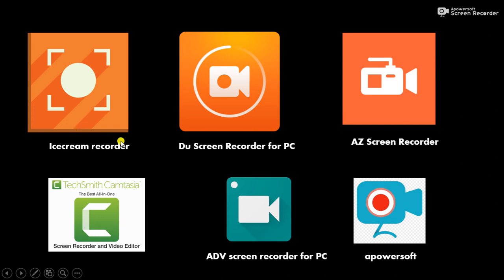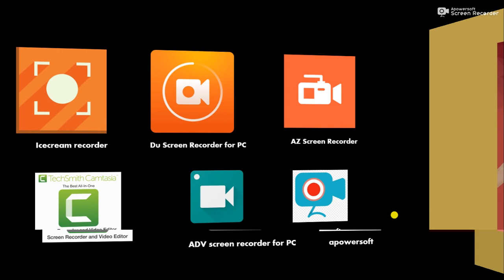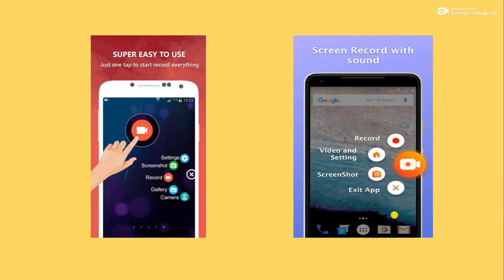Like we have Ice Cream free screen recorder, we have Do screen recorder for PC, we have AZ screen recorder, we have Camtasia. Camtasia is not only a screen recorder but also a video editor app. Then we have ADV screen recorder for PC, we have APowerSoft screen recorder. Along with this, we also have some mobile apps of screen recorders, which are X Recorder, or the same Ice Cream recorders are also available on mobile.